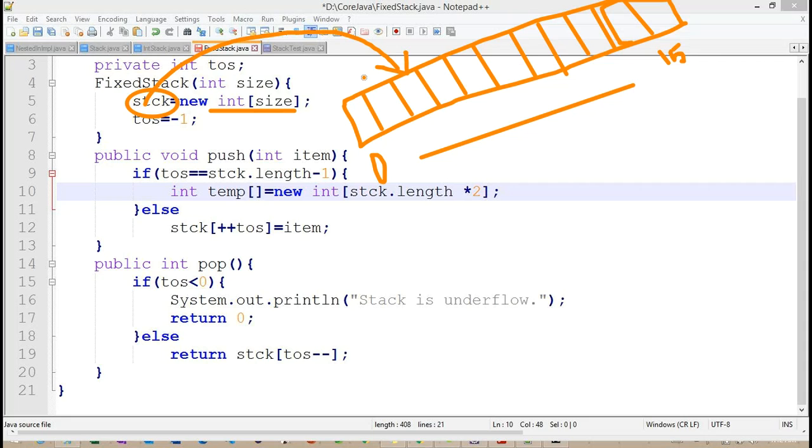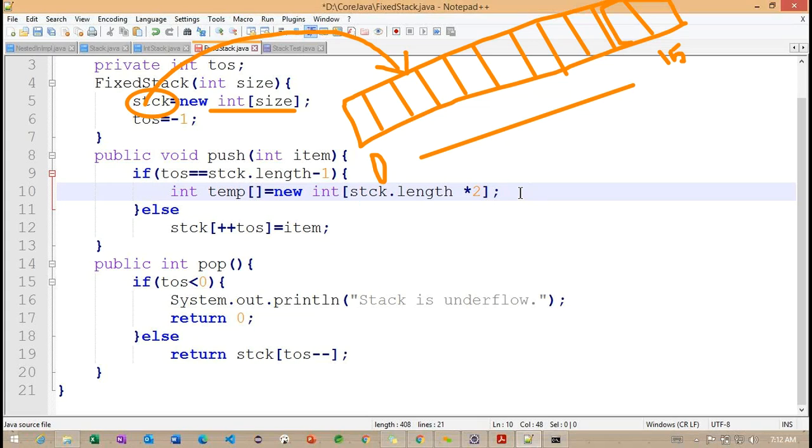Getting the point. Now what we can do is copy all the elements into this temp. Along with the existing objects, we can pass whatever new object we are trying to insert here. I am going to write that, but I am trying to copy the stack object into this temp.